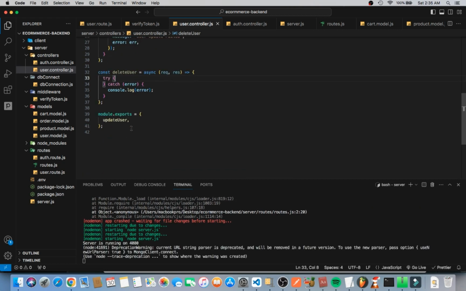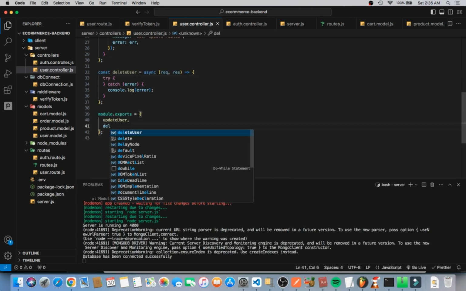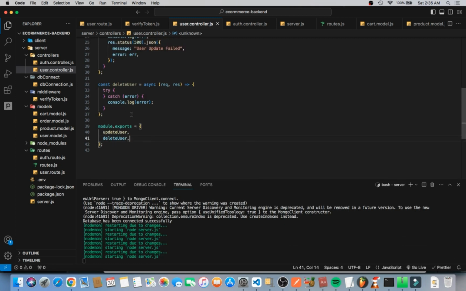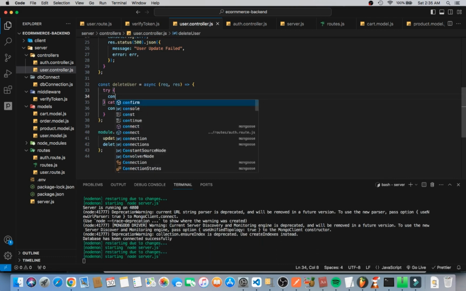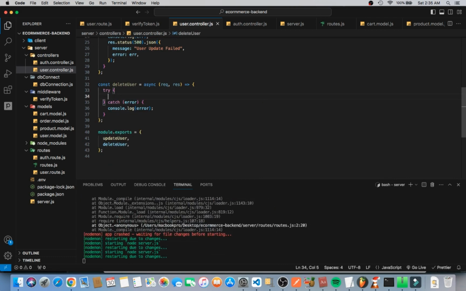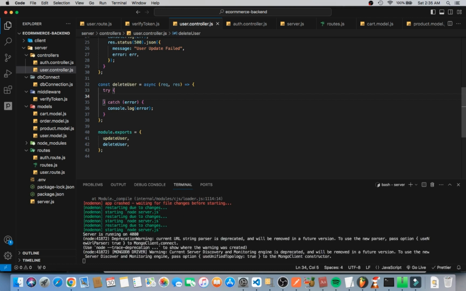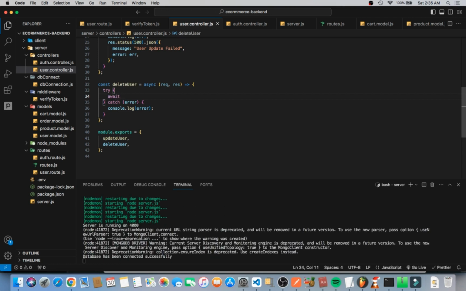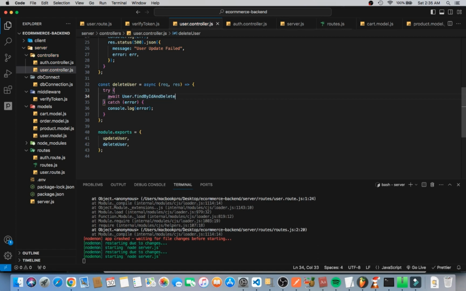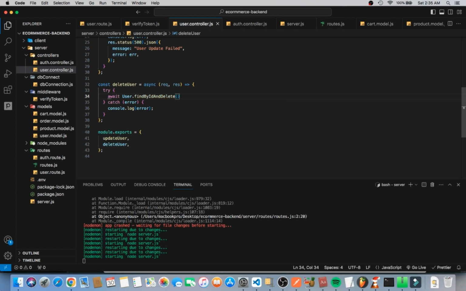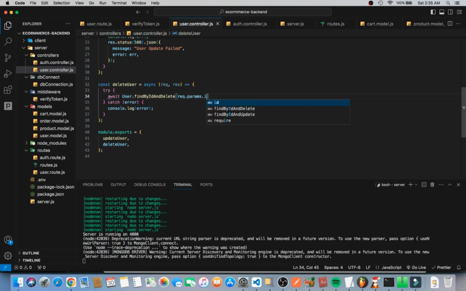Then let's export this before we forget. Okay, so we're exporting it before we forget. All right, so now we're going to try to delete the user anytime you run the delete endpoint, right? So we're just going to say await, right? You're just going to say await user dot find and delete, find by ID and delete, and then we are going to pass in the request dot params dot ID,